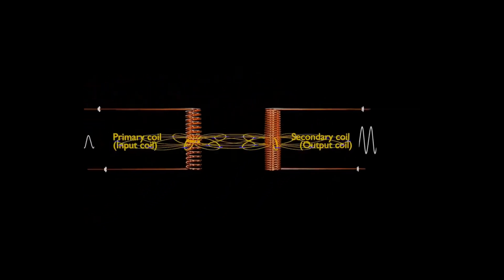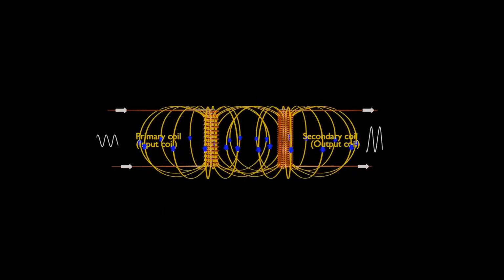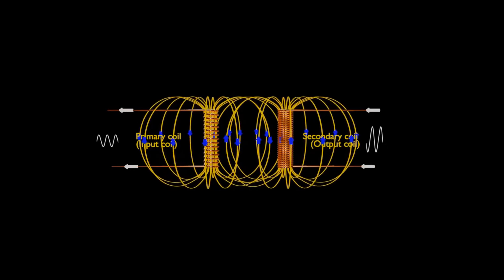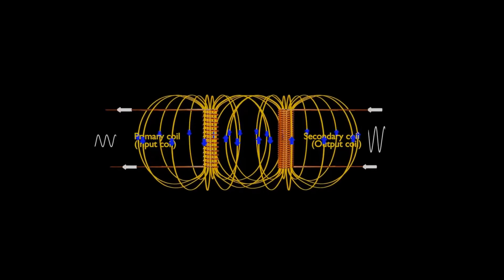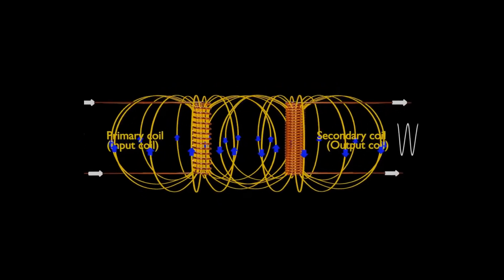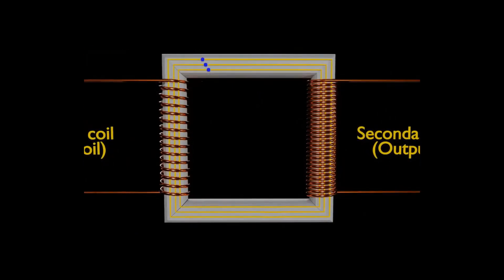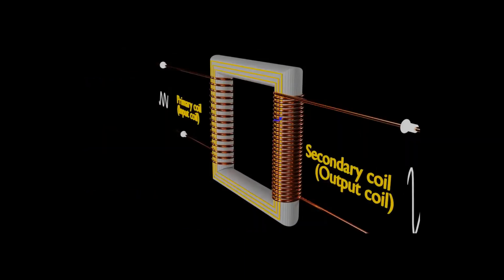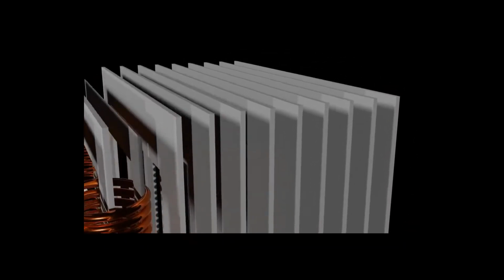As we can see in this animation, the magnetic field lines of the primary coil are not linking perfectly with the secondary coil. Therefore, the energy of the magnetic flux is getting wasted. That's why, for holding all the magnetic field lines produced by the primary coil and linking them to the secondary coil, we use a soft iron core. Transformer cores are usually made up of thin metal sheets stacked in layers. The layers are laminated with varnish or other insulating material.